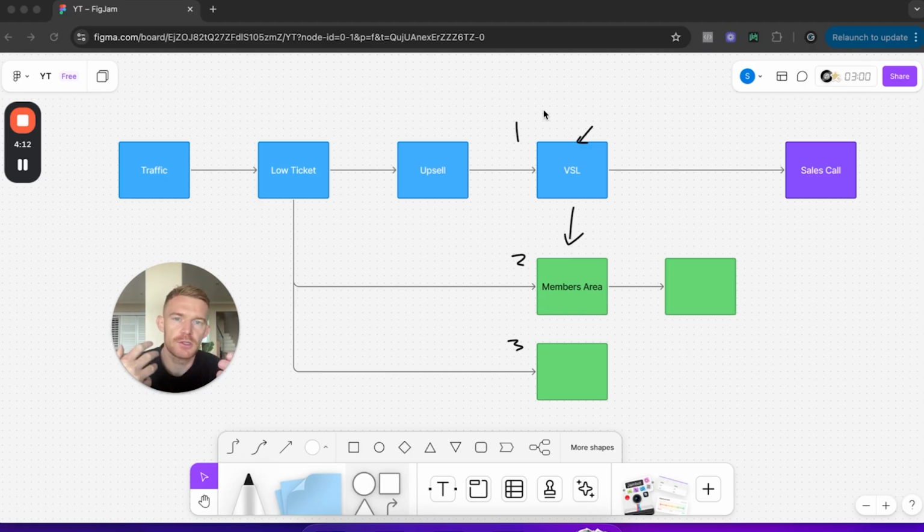And then you can book them in for a call. And on that call, it's usually an intro call. So yes, you will get on the phone with them, walk them through the membership area, answer their questions. But the whole goal of that call is to then get them booked in with a closer to buy the high ticket product. So that's way number one.